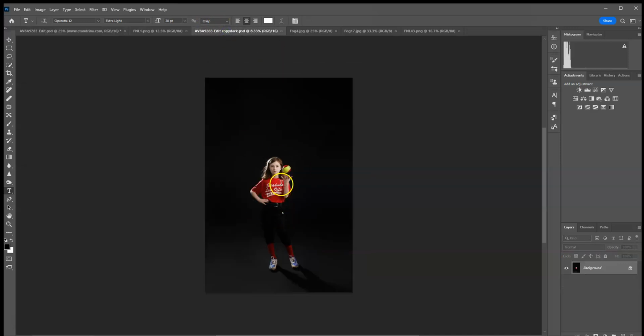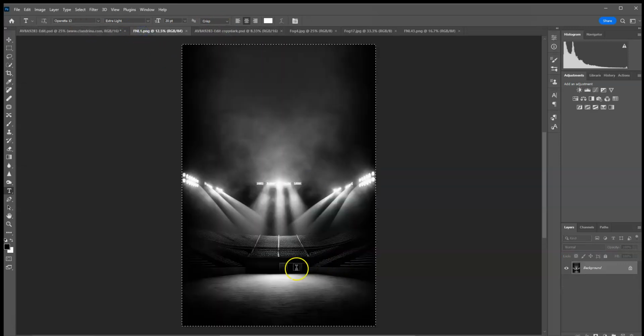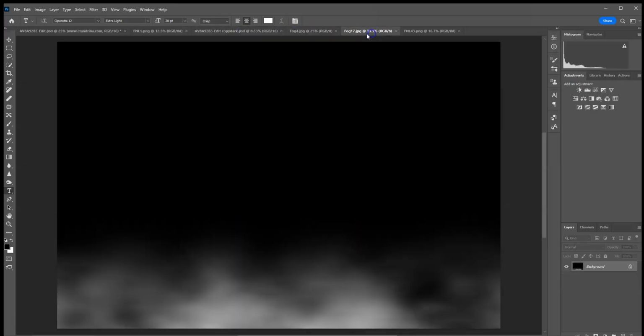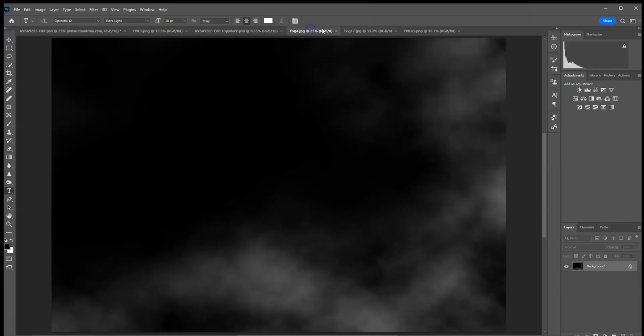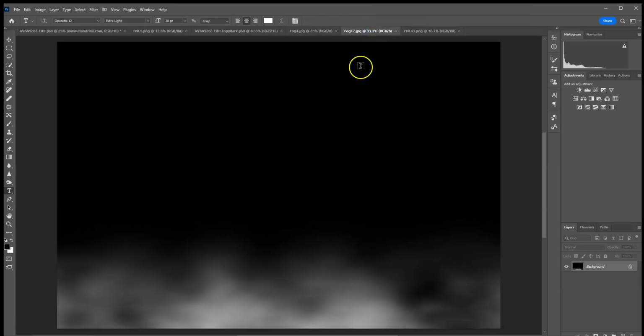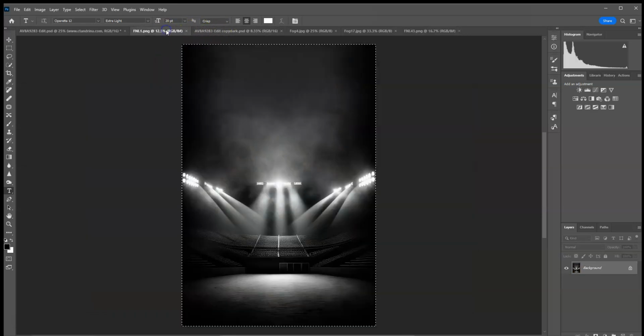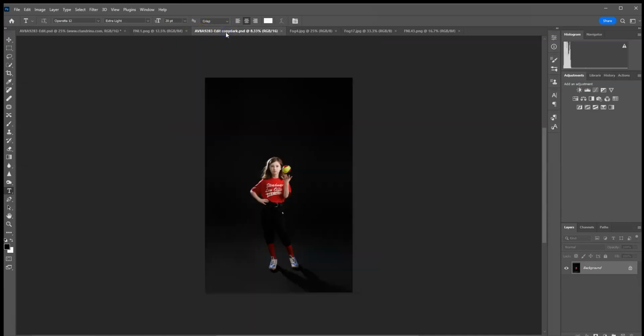So here's my base image. This is the overlay I'm going to be using. And then I used a couple of my fog overlays as well. Those are available in my shop too if you search that. I have this one open too because you can use all of them a little bit differently. I'm going to tweak this one a little bit to match my lighting, but that's the most important thing for